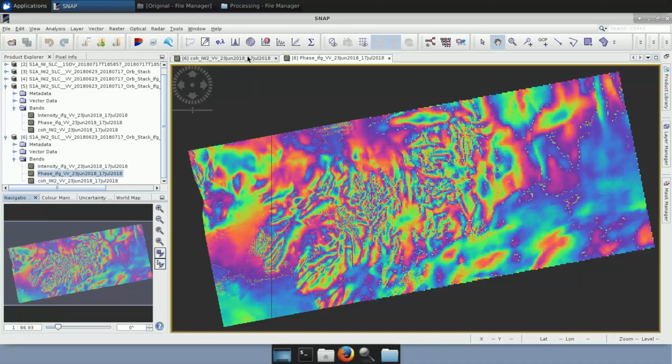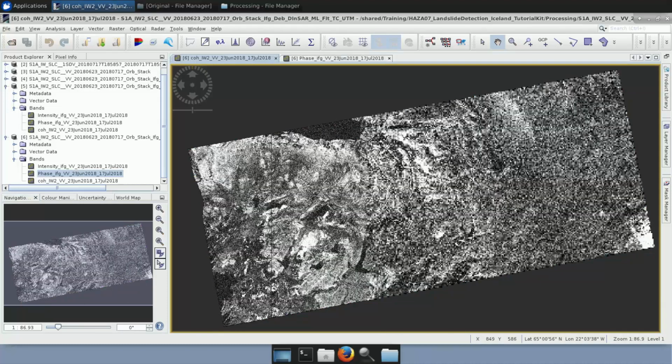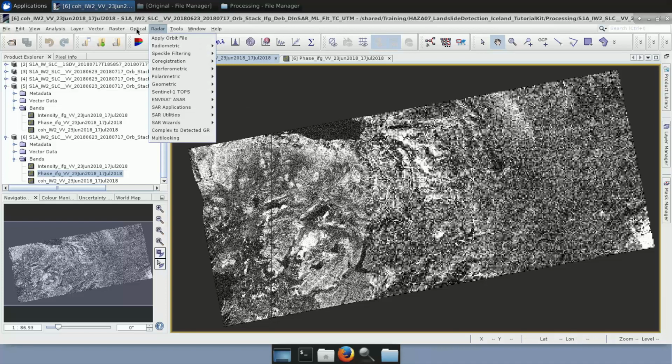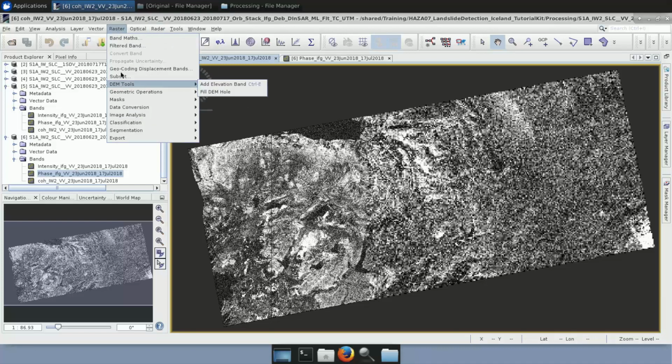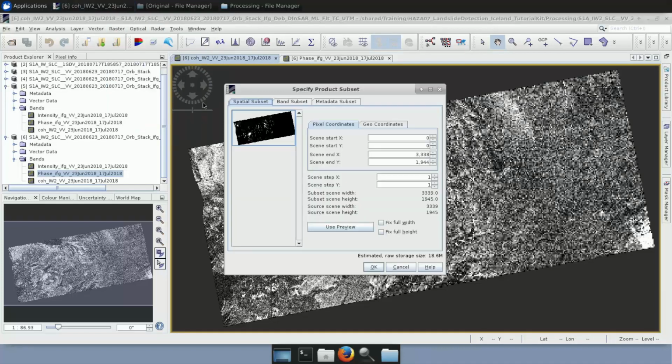You can also leave it as it is, but in case you want to create a subset, you open the one that you want to use. You go to Raster, Subset, and here you go to the Geo Coordinates. In the Geo Coordinates, for our area that contains the landslide, we need to put